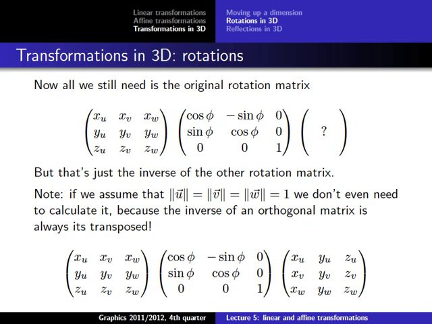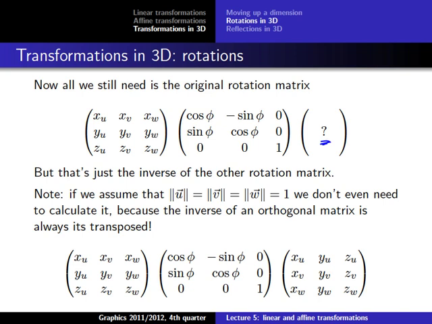Now, the other question is, of course, what is the original rotation? Now, we could just do the inverse of that one, but if you remember when we introduced the coordinate systems, I said there is also a special case, which is the orthonormal basis, which means that the vectors are perpendicular to each other, the base vectors, and they're also unit vectors, so they have a length of 1. And I said that this is very often very useful and very handy, and this is one of the examples